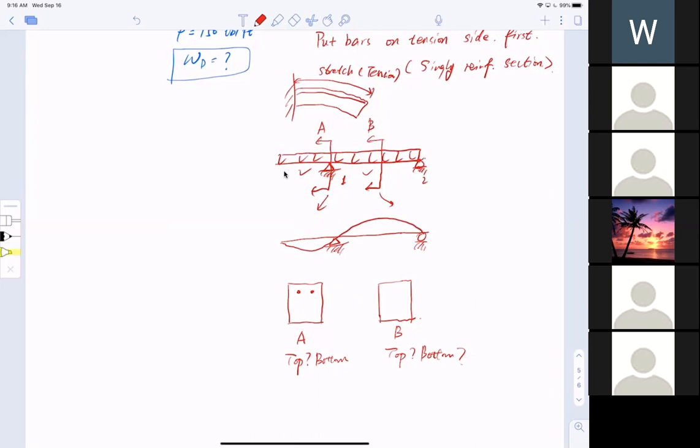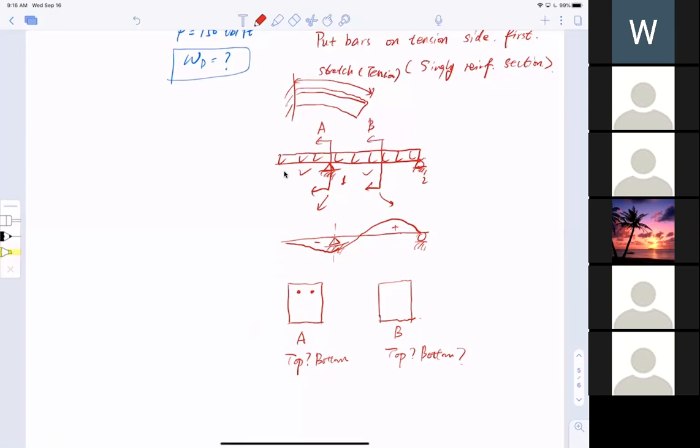Actually, should I draw it a bit differently? Reverse inflection point. This is positive bending, and this is negative bending. Since it is a cantilever,